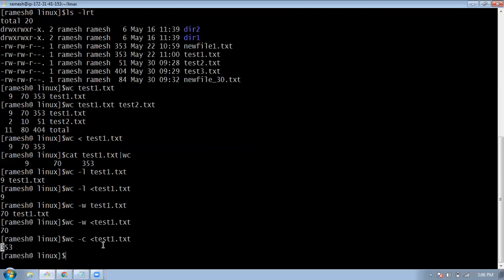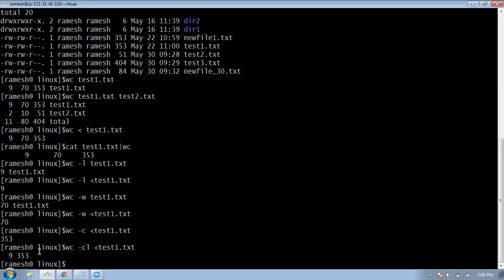Either you can use it with a combination also, that's fine. That means number of characters and number of lines. So you can use it like this. This is characters and this is number of lines. So it works like this. Hope you are clear with the WC command as well, how it works.